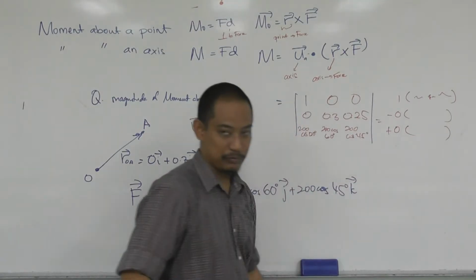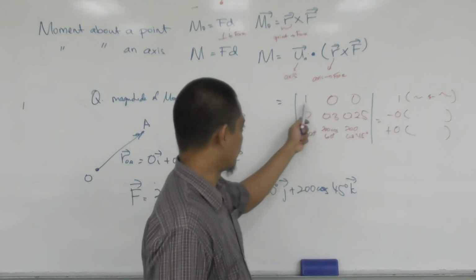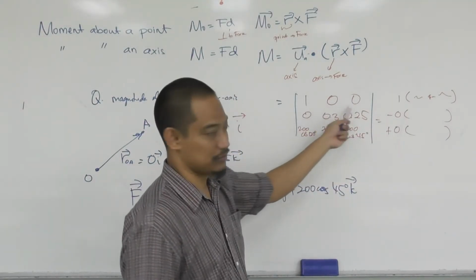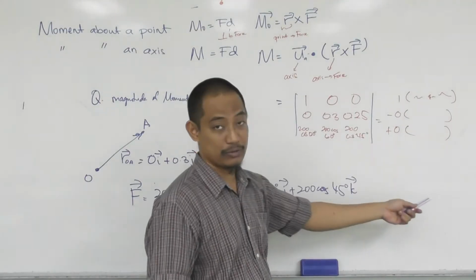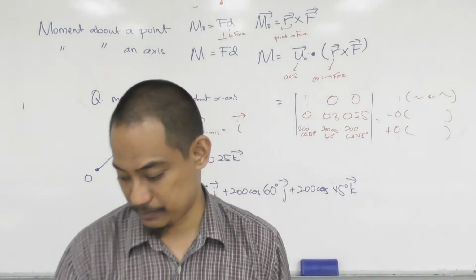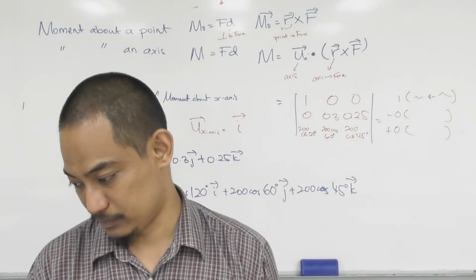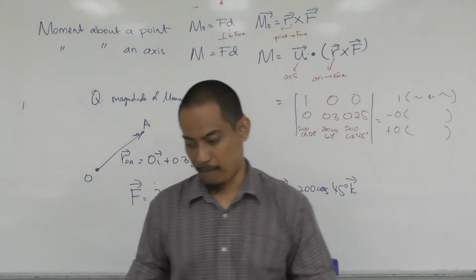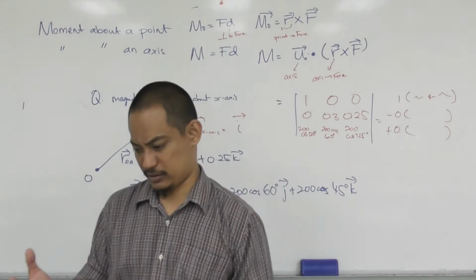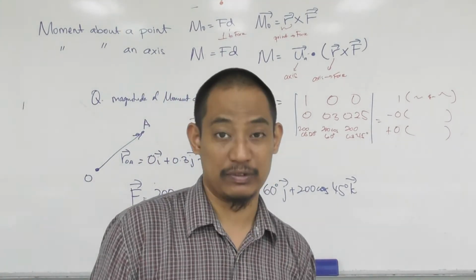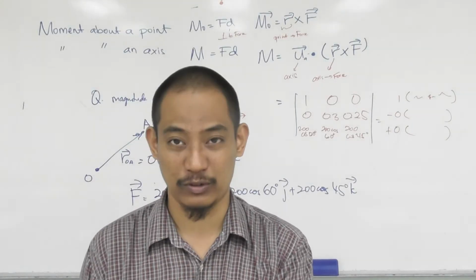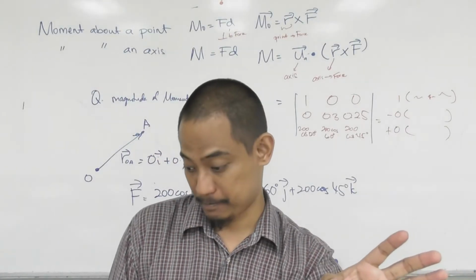Before it's ijk because here it's ijk. Right now it's 1, 0, 0. So that's how you calculate, and then you get the answer. Right, so you get positive 17.4 Newton meter, and it says counterclockwise because it's positive